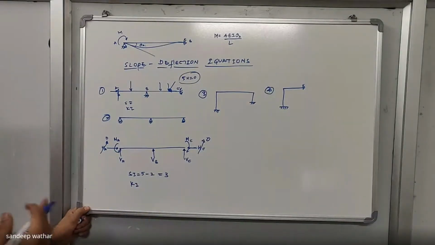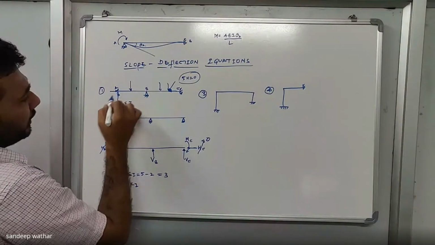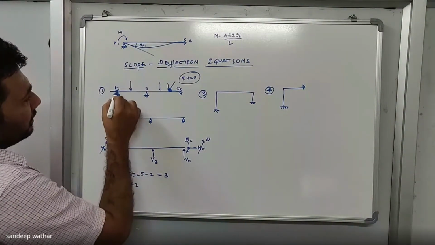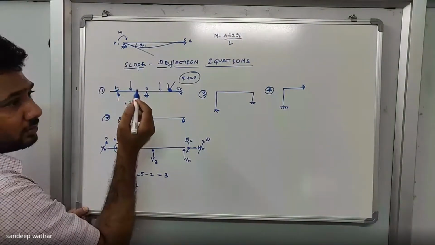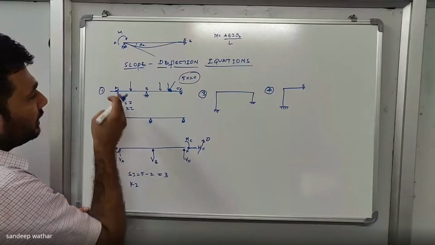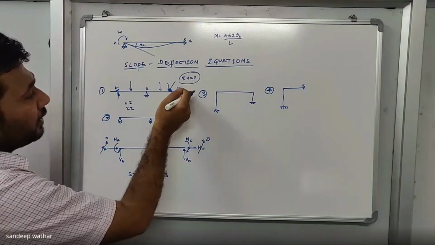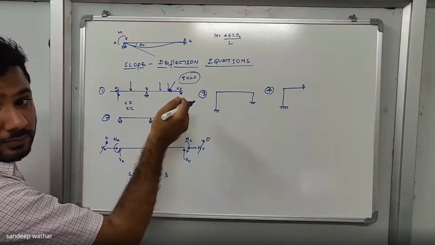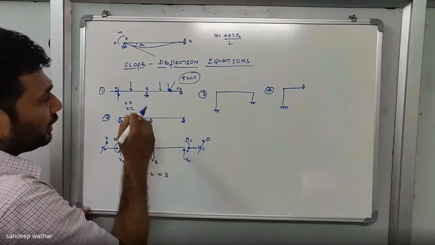To understand the kinematic indeterminacy, we'll go back again to the joints. At this joint, it is fixed. If it is fixed, both delta and theta values will be equal to 0, and now it is determined. We know the slope value and the constant, so it is 0, 0. Now we'll go to joint C. In joint C, we know that the values of theta and delta are equal to 0, right?